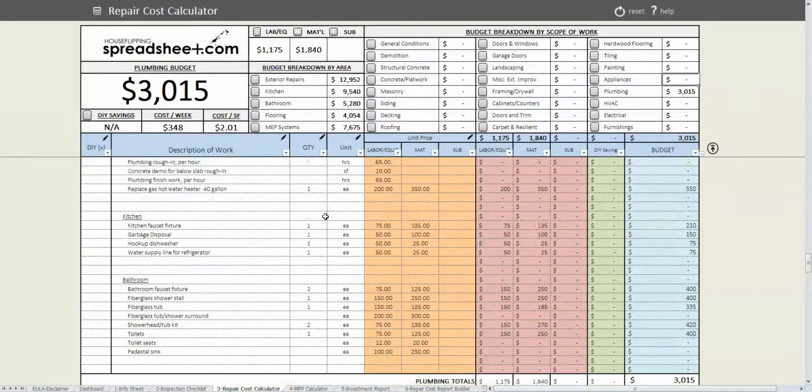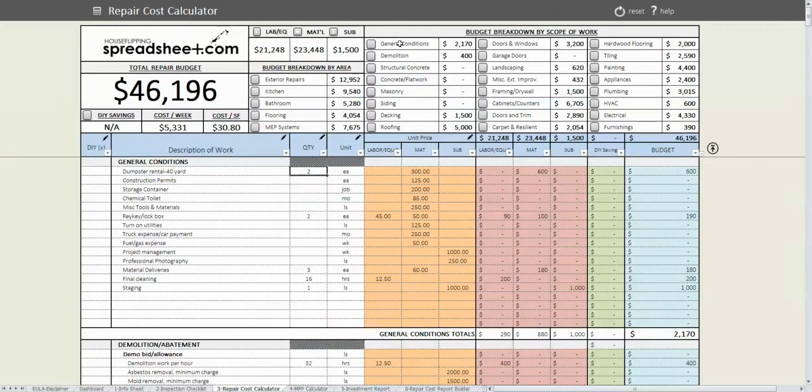So what you can see is these budget breakdowns by scope of work, these buttons here, it makes for an easy way to evaluate the overall budget and maybe tweak some numbers to come up with a repair cost estimate that you feel comfortable with. So that way you can make the best offer you can for the property, so that way you minimize your risk but you also don't miss out on any potential rehab opportunities and lose out on potential profits for your